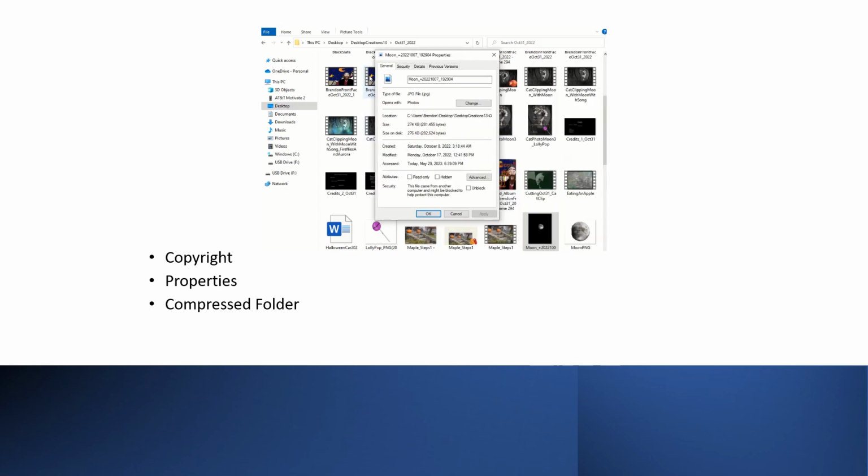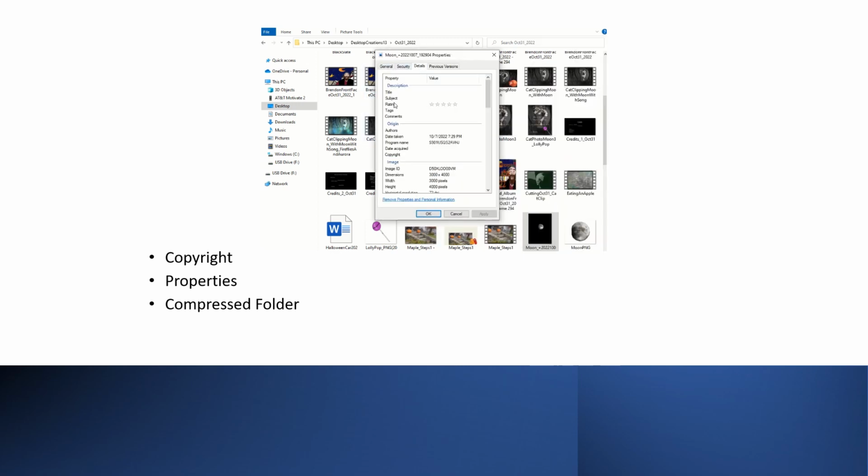As you can see here, it's general, security, details is what we want. Here we can add on to the inside of the file. We can put the fave moon photo. We also can put the author in here, which is pretty important. This down the road might help because if you have somebody else downloading your work or